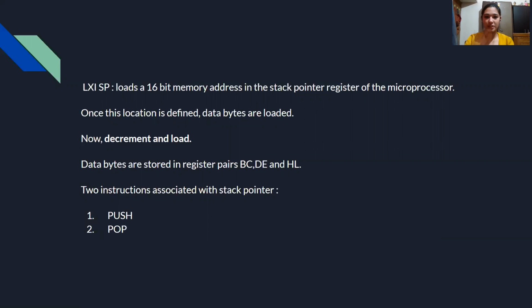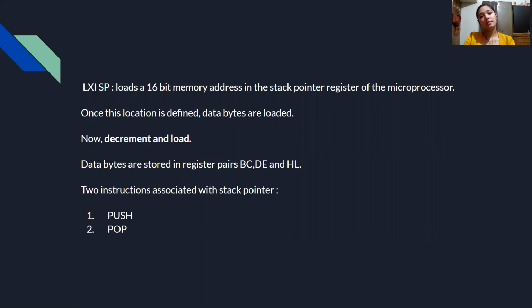Okay, being mentioned in the mnemonics being written. Now, once this location is defined, what we need to remember is this is the initial location of the stack pointer. Stack is always arranged from bottom to top, with memory address decreasing. Like if I've initialized it at number 10, my processing will always start from 9, then 8, 7, 6, 5, 4, 3, 2, 1, and so on.